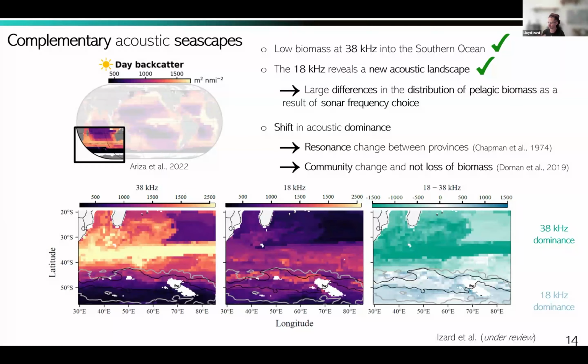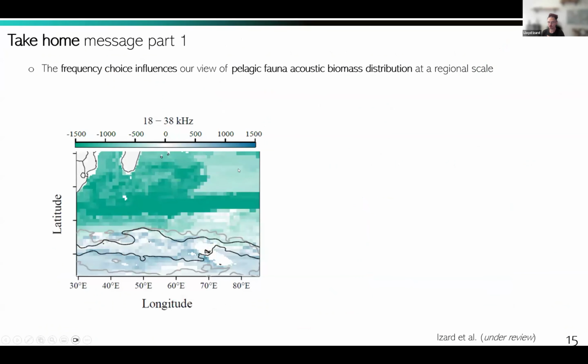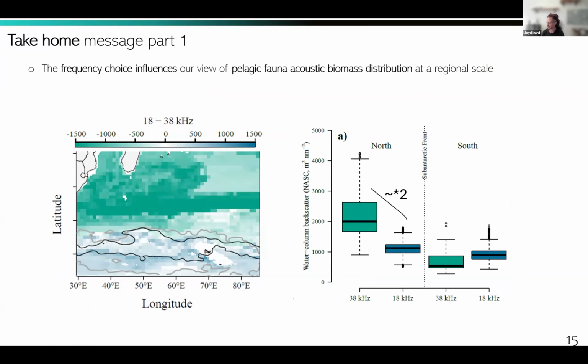Our results highlight that the loss of signal at 38 kilohertz throughout the Southern Ocean is mainly due to a change of community and is not due to a loss of biomass. So to conclude this first part, I think we can say that the frequency choice influences our view of pelagic fauna acoustic biomass distribution at a regional scale. More precisely, there can be large differences for a given region between 2 frequencies. Here, for instance, we have